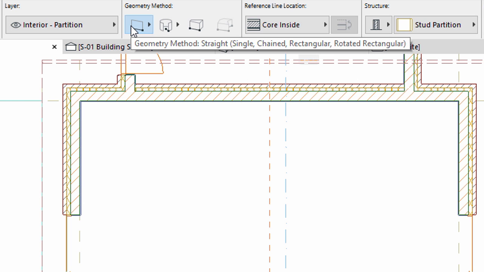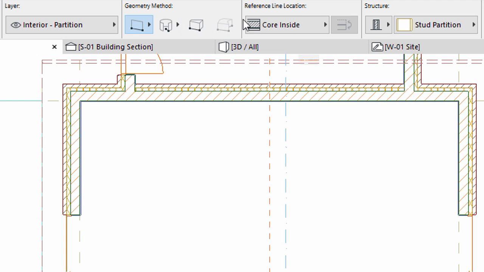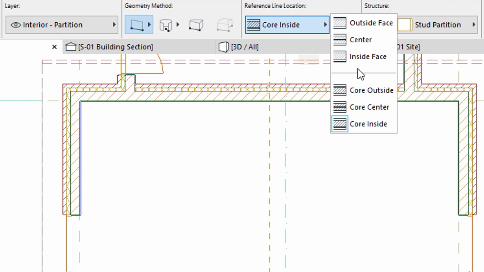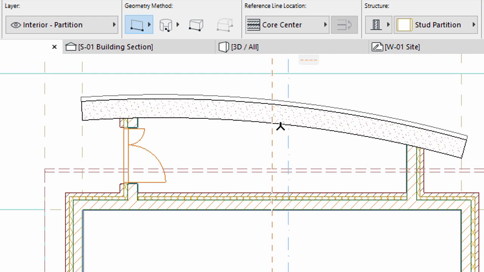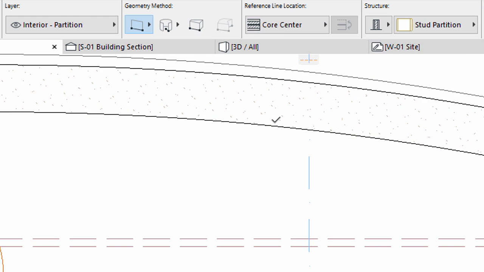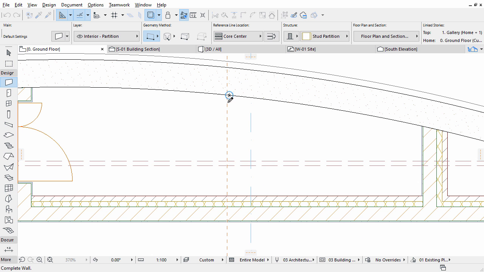Select the Straight Single Geometry method and Core Center Reference Line method in the info box. Draw a wall segment from the midpoint of the stone wall, parallel with the y-axis. The wall intersects with the stone wall. This is not correct,